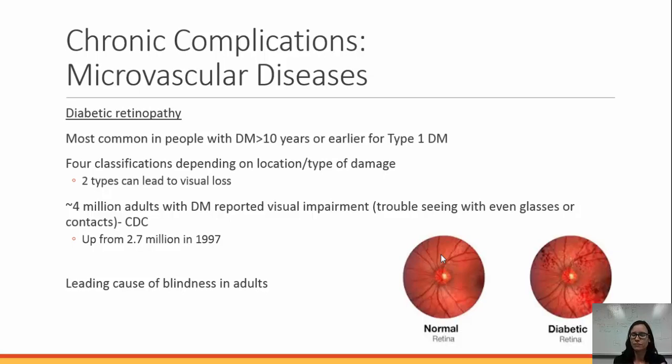So you could have someone that is 5 years in, doesn't feel like they are really having any negative consequences, and then they kind of get off of managing their diabetes, but then they can be quicker to progress to these chronic complications. So 2 of the 4 types of retinal damage that occur with diabetes can actually cause visual loss, and 4 million adults with diabetes reported visual impairment in 2011, which is a great increase. And diabetes is actually the leading cause of blindness in adults. And I have 2 retina here. You can see this healthy retina, and you can see this diabetic